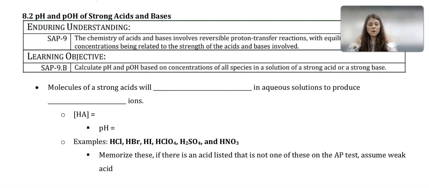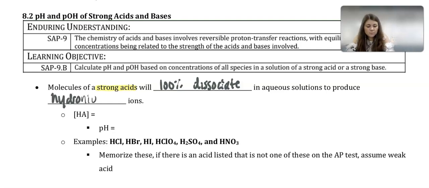So we talked about a long time ago that molecules of strong acids will 100% dissociate in aqueous solutions to produce hydronium ions. Remember, strong acids are strong electrolytes. Think of these strong electrolytes as there will be none of it left, okay? And so with our acids releasing our hydronium, whatever the concentration of your acid, HA, will be the concentration of